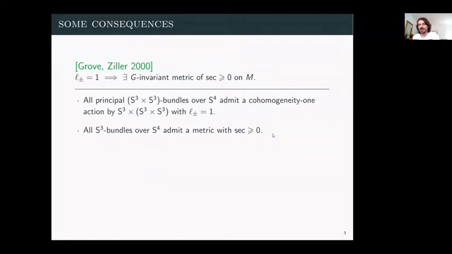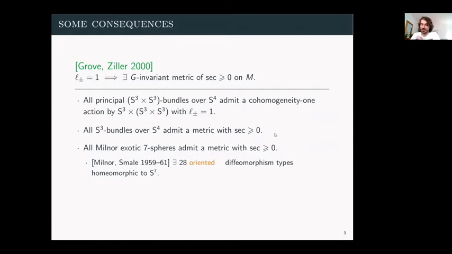And of course, maybe some would say the most interesting thing about this is that you get all of the Milnor exotic spheres as a subfamily within the S3 bundles over S4. So these are the exotic spheres that Milnor discovered when he was studying S3 bundles over S4. So they all have a metric of non-negative curvature. And let me just remind you a little bit about these